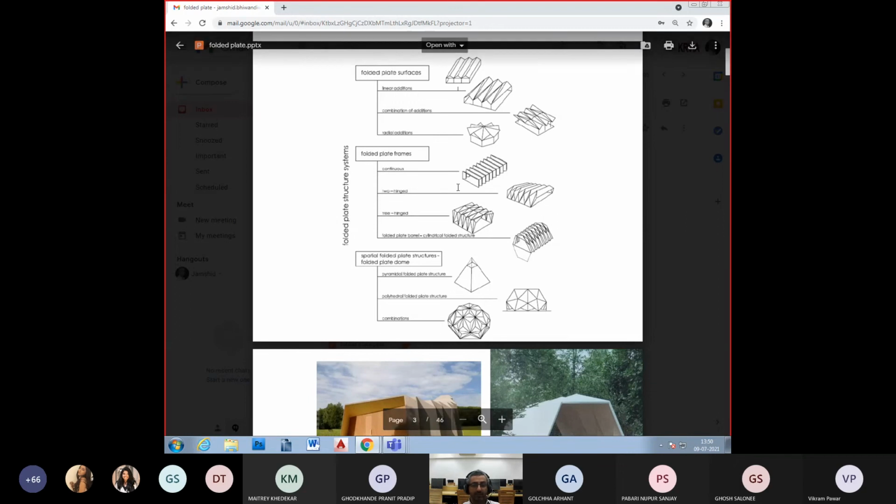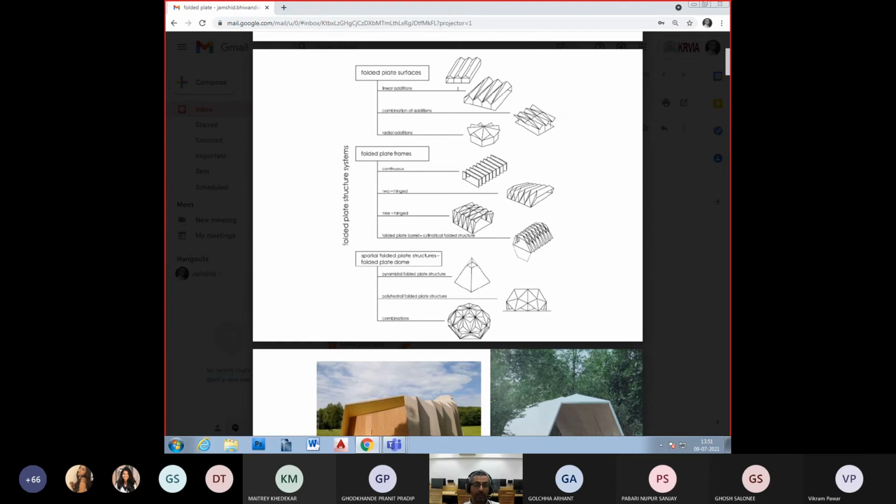Folded plate frames further work. In the other set, the folded plates not only work as a roofing system, but also as a wall and roofing system. It means it acts as an entire envelope, and the folds work both as vertical as well as horizontal members. That means the folds don't restrict themselves up to the diaphragm beam. The folds go about, I do not know if you can see my cursor, to become both walling as well as roofing system, and hence you get a structural system.